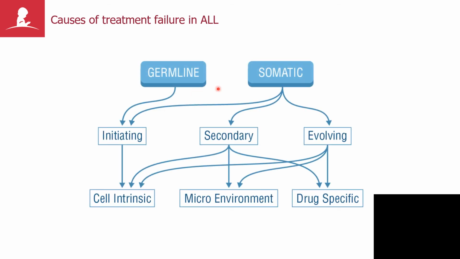Just to conclude the talk, I want to shift gears really away from what I've been talking about so far, and that's talking about the different leukemia classifying events, to start to think about secondary genomic lesions and mechanisms of genomic evolution. We spent a lot of time talking about somatic lesions that are leukemia initiating and how they can drive cell intrinsic resistance, but we now understand that there are secondary and evolving somatic lesions, as well as germline lesions, each of which can influence leukemogenesis and drug response.